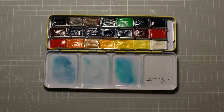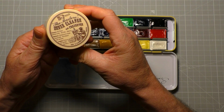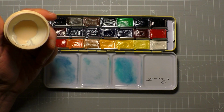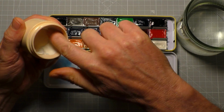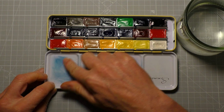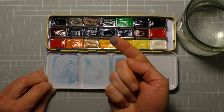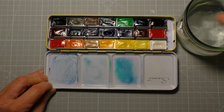The first one, which works quite well, is Master's brush cleaner. So it's just a brush cleaning soap. I've used a lot of it actually, this is very old, and all you need to do, I've got a jar of water here, just dip your finger in the water, rub it in the soap. You might need to do this several times, but you can see, look, the pigment is coming up straight away. Just rinse your finger off